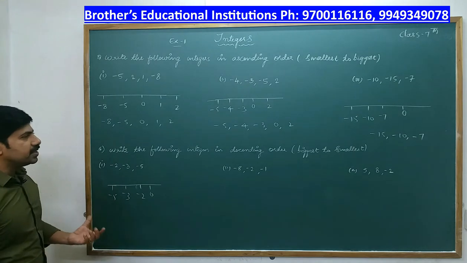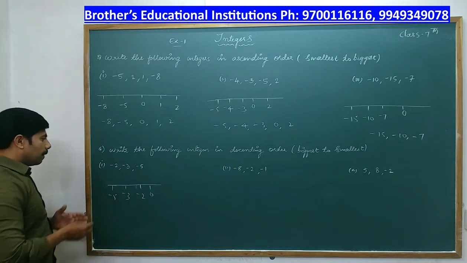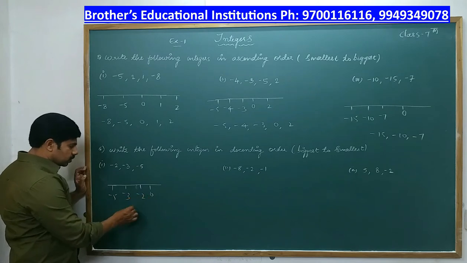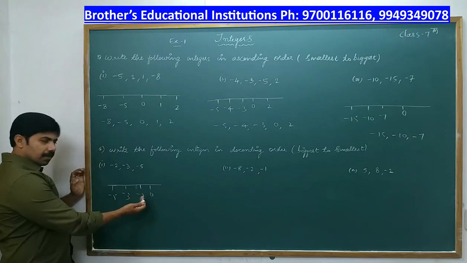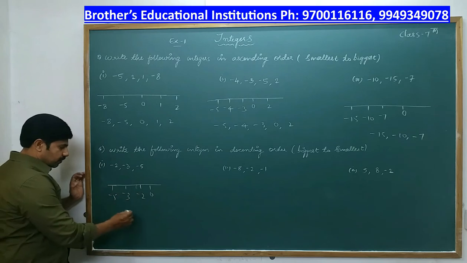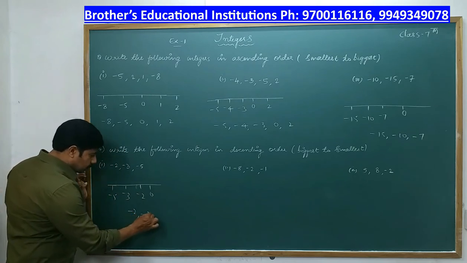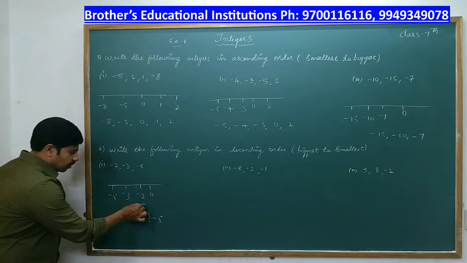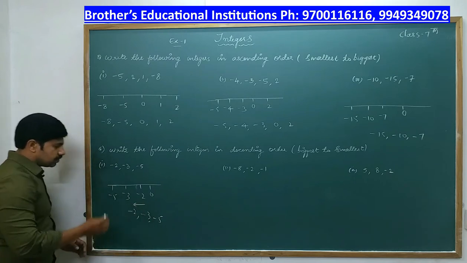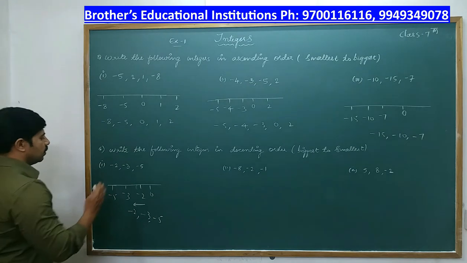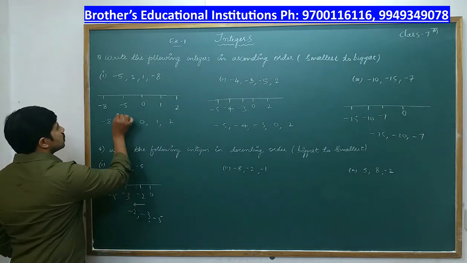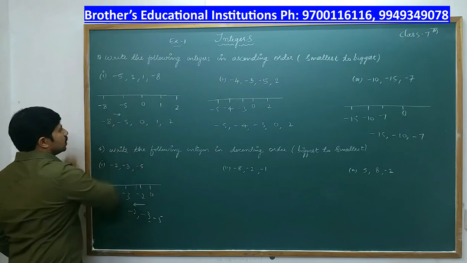So now descending order is big to small. As 0 is not there, no need to write it in descending order. The big number is what? Big always starts from right to left. So that is minus 2, minus 3, minus 5 is the descending order. This is a descending order. The direction you see, it is from right to left, right? Towards the left. And ascending order is just towards the right we get.